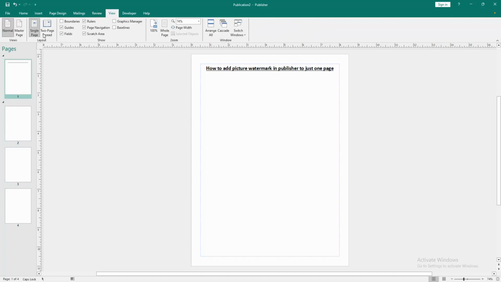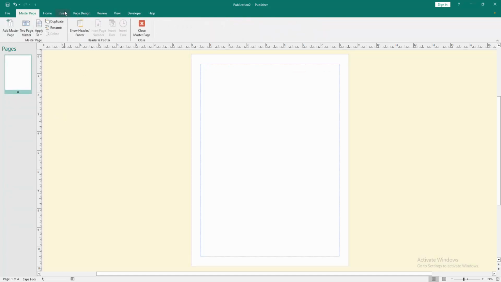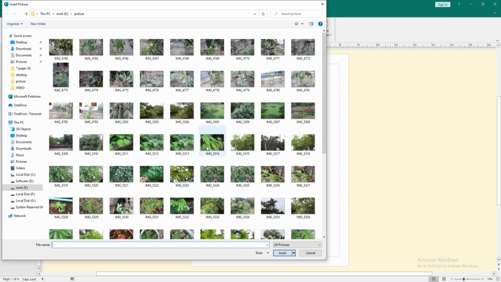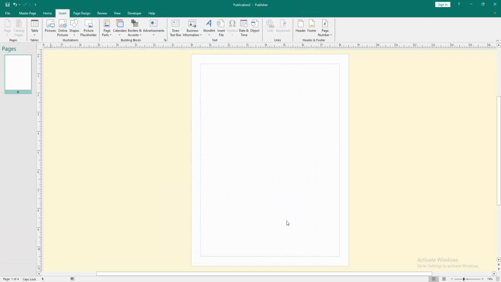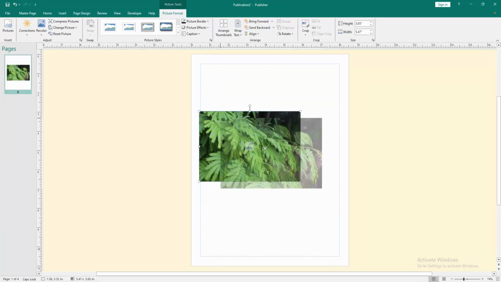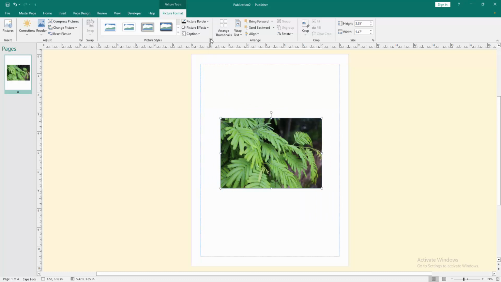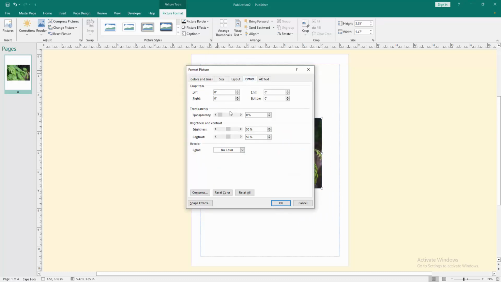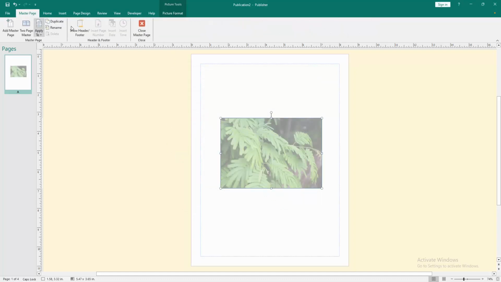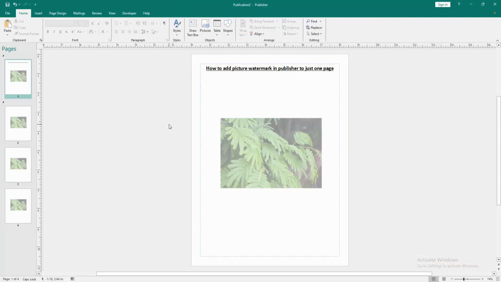Go to the View menu, click Master Pages option, then go to the Insert menu, click Picture, then choose a picture from our file and insert it, then resize the picture. Then go to the Format Shape option and go to the Picture section, then increase the transparency and click OK. Then go back to the Master Pages menu, click Close Master Page, then go to the second section, then press Shift